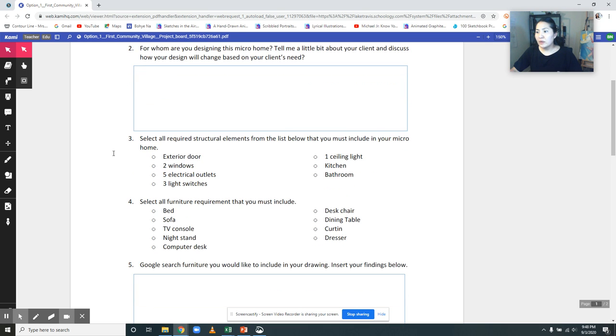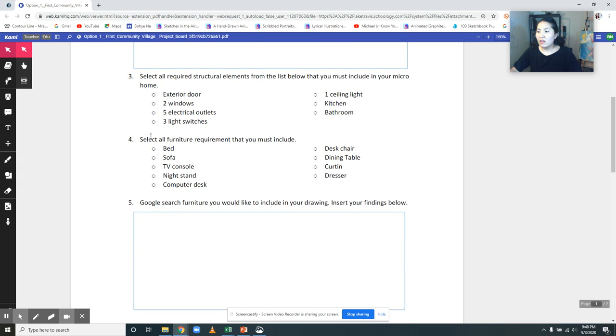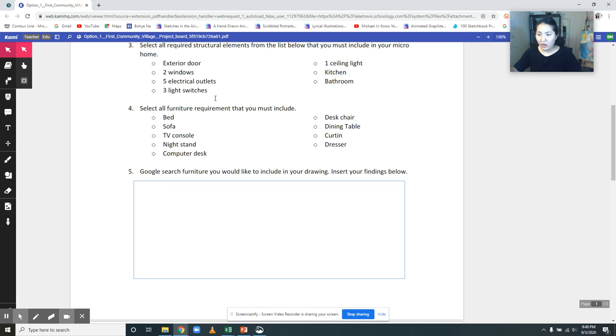Number 3, select all required structural elements. So check off what is required. Number 4, select all furniture that is required that you must include. Of course, it's very easy. Just check off what you need to incorporate. Number 5, Google search furniture you would like to include in your drawing. Insert your